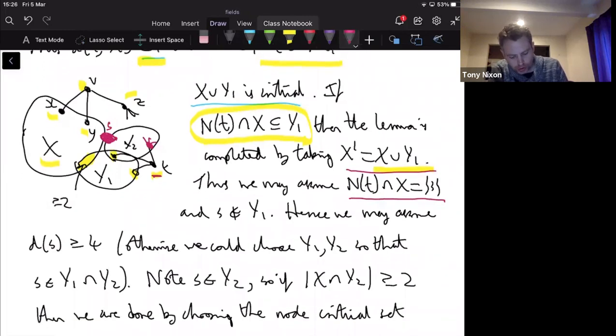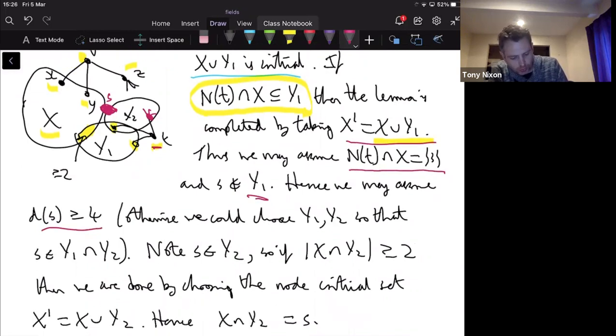So we know it's not in Y1, and we were able to choose Y1 and Y2 so that the intersection contained the node if there was a node adjacent to T. So we can assume that S has degree at least 4. The bracketed thing is what I just said. So since S is in Y2,